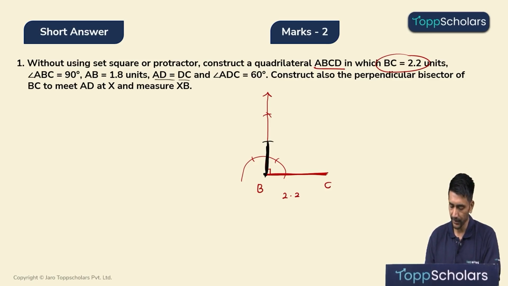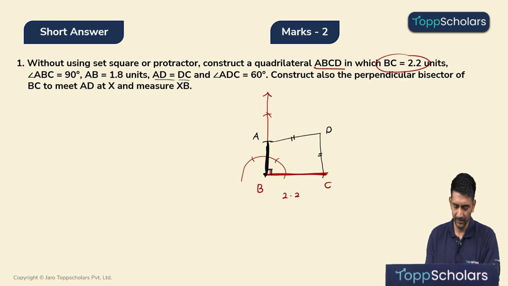AD is equal to DC. And angle ADC is 60 degrees. Right? And then we are supposed to construct the perpendicular bisector also. So this is A. And then AD and DC are equal. तो अगर AD and DC इक्वल है एंड एंगल ADC मतलब D पॉइंट पे हमें 60 डिग्रीज भी ड्रॉ करना है. सो द क्वाड्रिलैटरल विल लुक समथिंग लाइक दिस, वेयर द पॉइंट D विल कम ओवर हियर, AD and DC विल बी इक्वल,